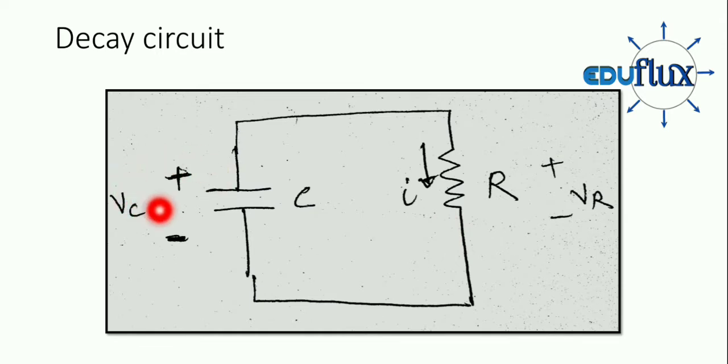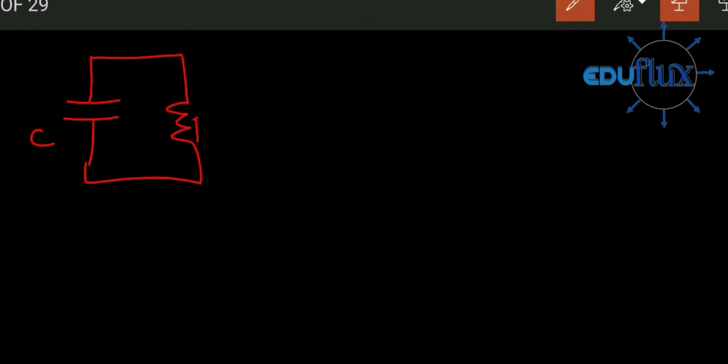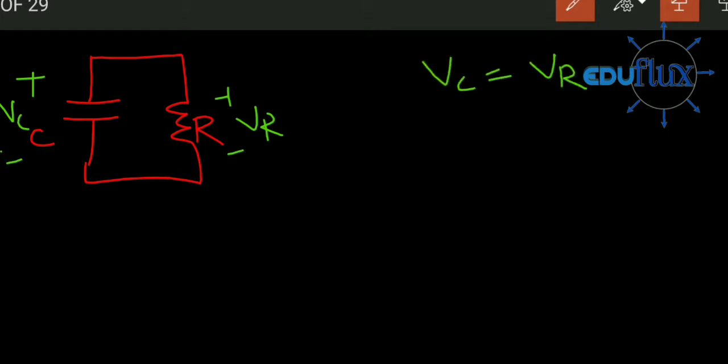See, voltage across the capacitor is Vc and voltage across the resistor is Vr, and the current in the circuit is I. Now let me do some maths here. Here we have the capacitor, that is C, it is R. Now we are assuming the voltage across the capacitor, that is Vc, and voltage across the resistor, that is Vr. Now according to KVL we can write Vc is equal to Vr. Very simple, KVL. Vc is equal to Vr, both are in parallel, and let's say current I is flowing.